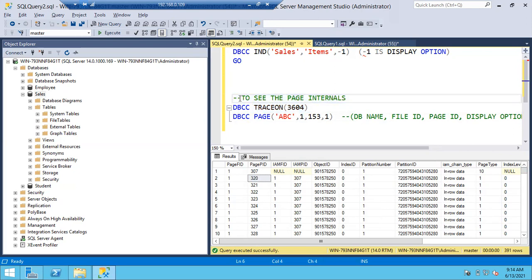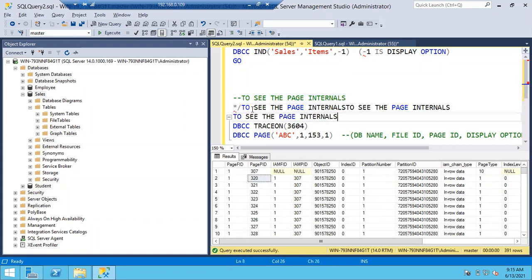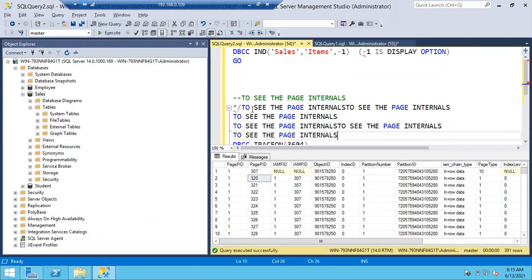If it is a single line, you use two dashes. If it is multiple lines, you use slash star, and whatever lines you have, until you close it with star slash.